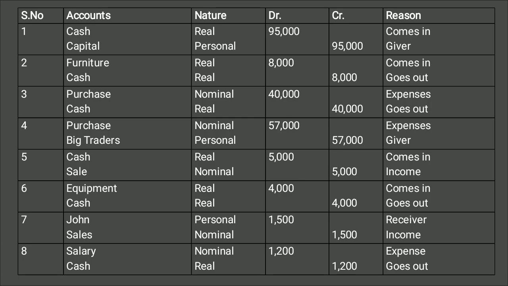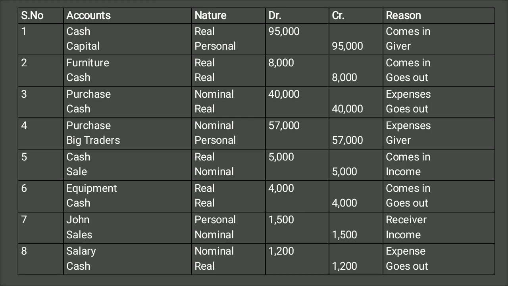Yes. So what is coming into the business? Once you purchase furniture for the business organization, what will you receive? We will receive furniture. And what is going out from the business? That is cash. So furniture is going to enter the business, so that's why we have to debit our furniture account. And cash is going out, that's why we have to credit it, just because of the rule. Debit what comes in, furniture comes in, just debit it. Cash is going out, and what goes out, we have to credit.